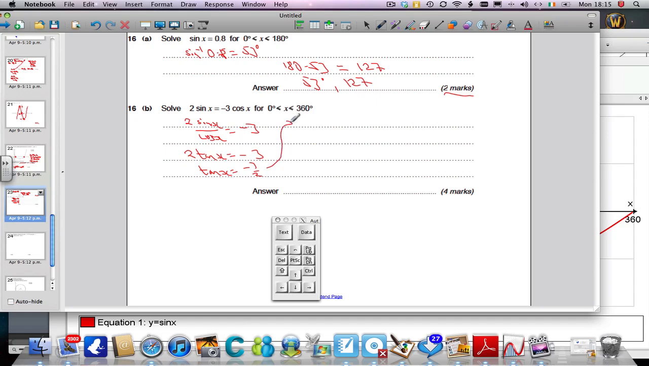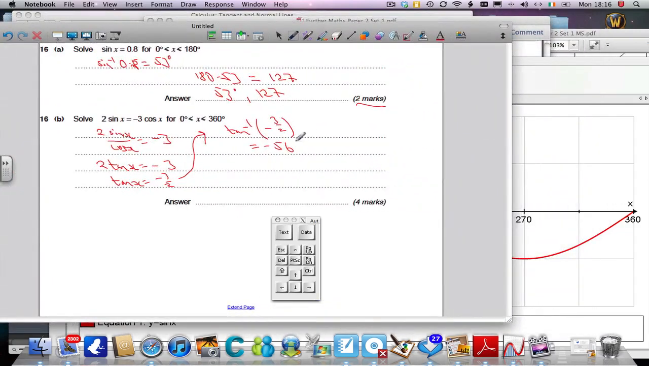So let's just come up here. Take the inverse tan of negative 3 over 2. Let's just do that on the calculator. Inverse tan of negative 3 over 2 gives us, I'm getting negative 56. Now again, you're going to want to be able to sketch these. Negative 56 is no good because I need an answer between 0 and 360. So